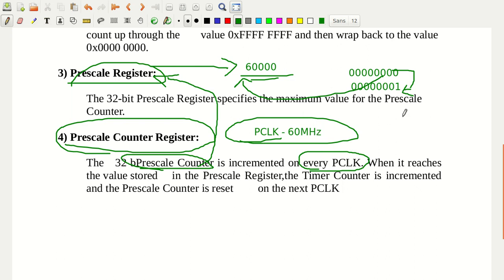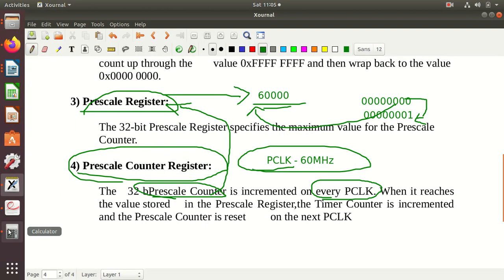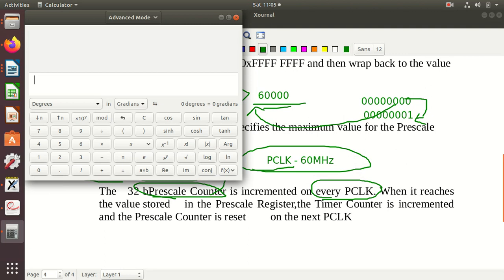60 megahertz. So 60 megahertz means 1 by 60 megahertz. So 1 by 60 megahertz, how much do you get? That is approximately, let me calculate that one. So 1 by 60 megahertz.